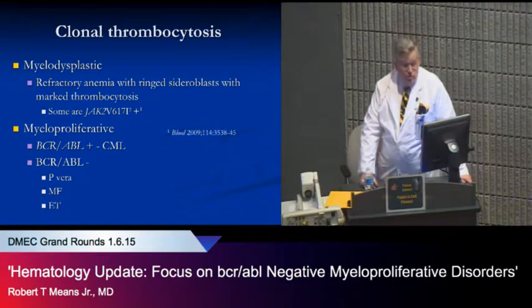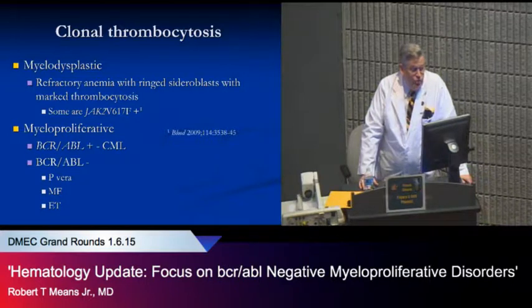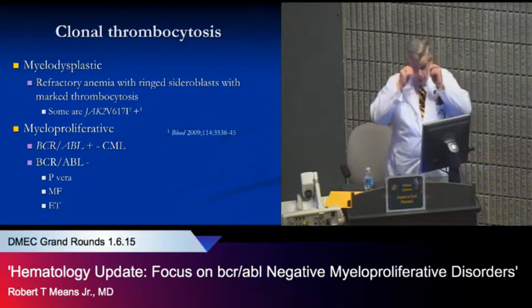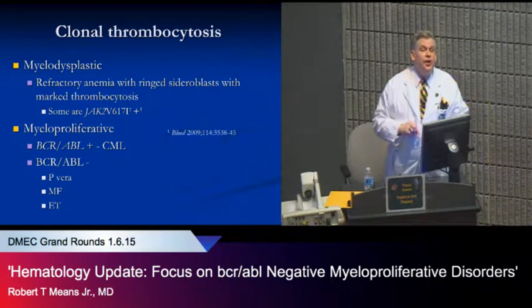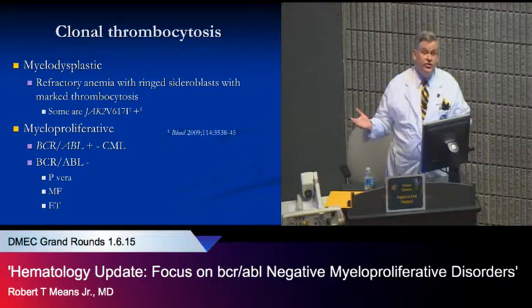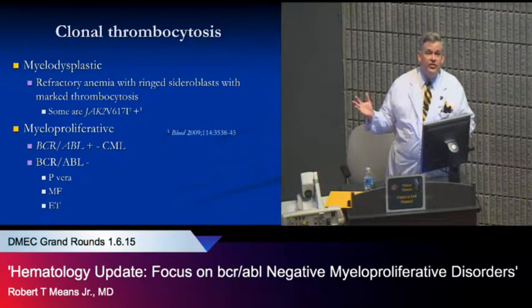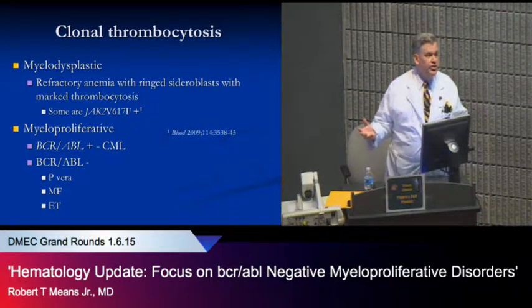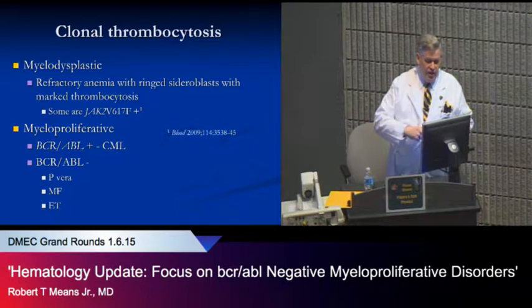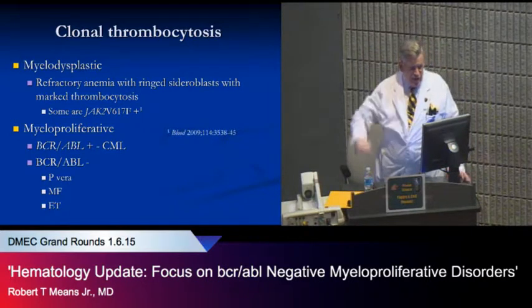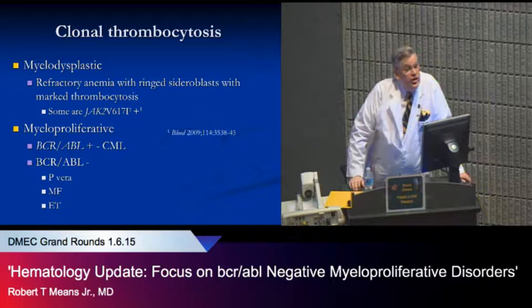In the myelodysplastic syndromes, there is a well-described disorder of refractory anemia with ringed sideroblasts with marked thrombocytosis. Wintrobe actually first described it back in, I believe, the late 50s. These are people who have a myelodysplastic syndrome that has an extremely good prognosis. They really don't ever evolve to leukemia. Ringed sideroblastic anemias typically have a pretty good prognosis anyway. This actually has a better prognosis than your average sideroblastic anemia. Some of these do have a JAK2 V617F mutation, which is the characteristic myeloproliferative disorder mutation, so it's probably sort